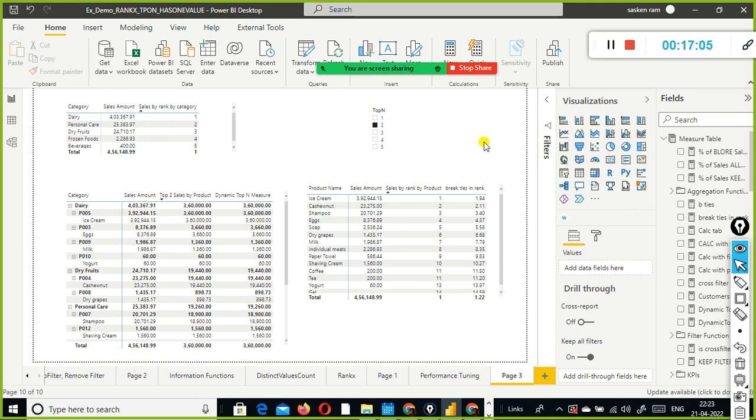The next question they ask is, when will you use the tree map? Did you ever use tree map visual? They'll ask you, can you tell me the visuals that you have used? What is the difference between stacked bar chart and column chart? When can you use stacked column chart? When can you use clustered column chart? Stacked